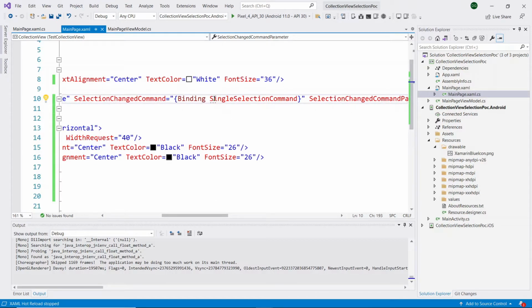And I will change my command. Let's implement this multi-selection command inside the view model.